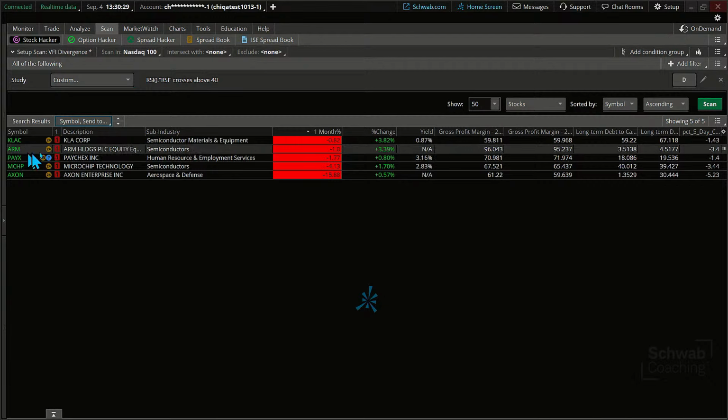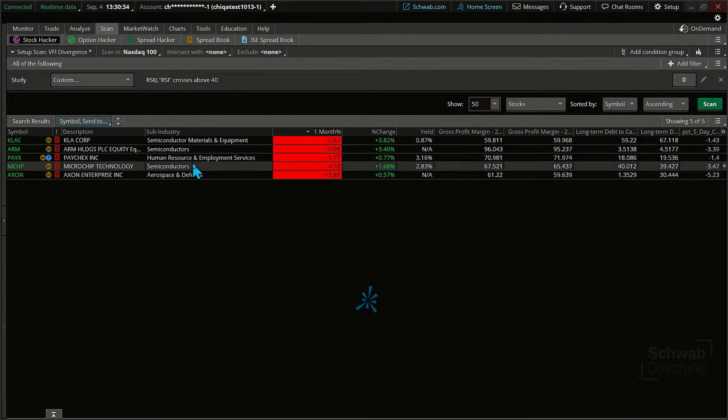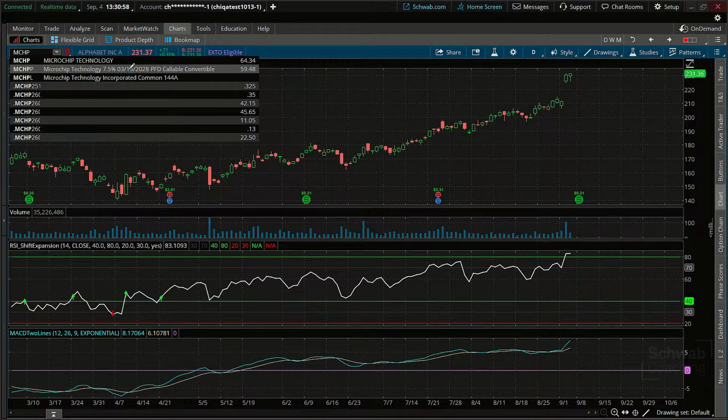Well, I know, let's see. Some of these have been pulled back a little bit. And you can see over here, notice it does imply the change, but RSI is saying it's a significant change when we're talking about the calculation of the RSI. It's significant relative to the RSI indicator. MCHP. There are a few in there, though. MCHP, I haven't seen this one for a while.